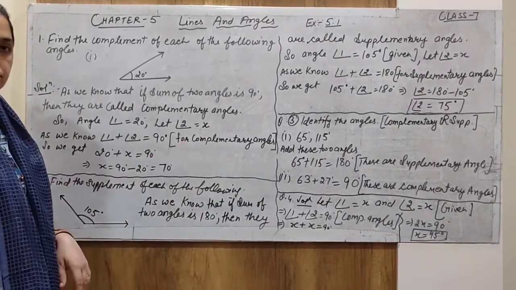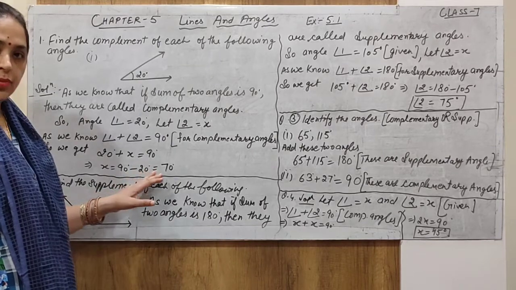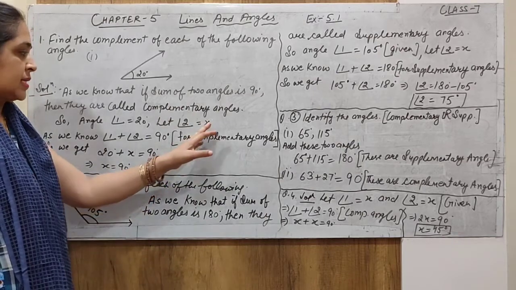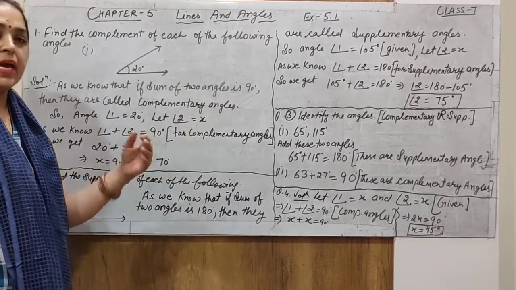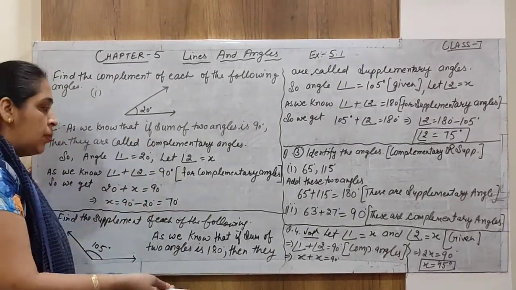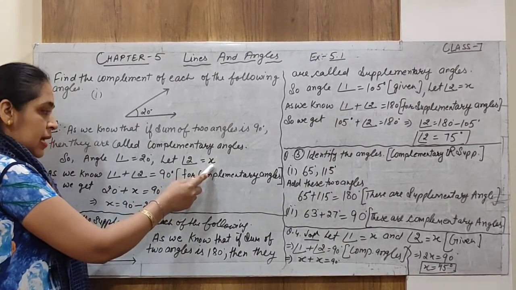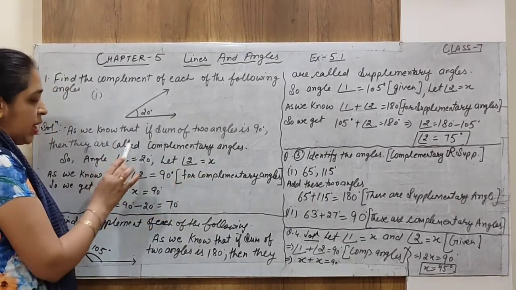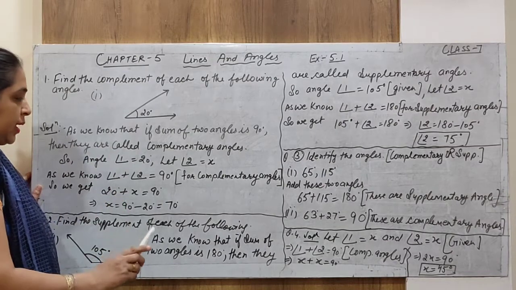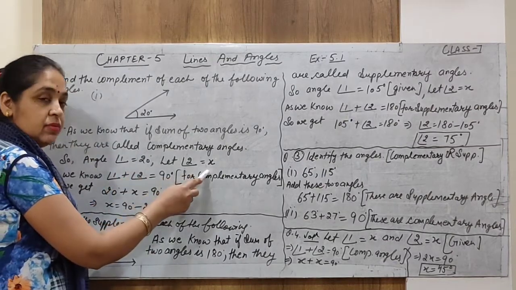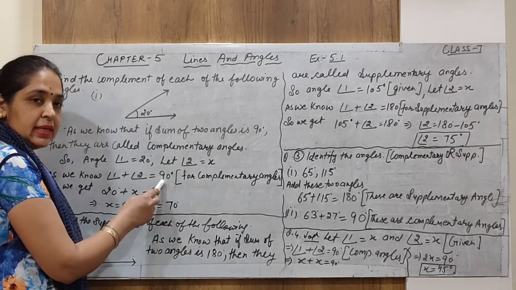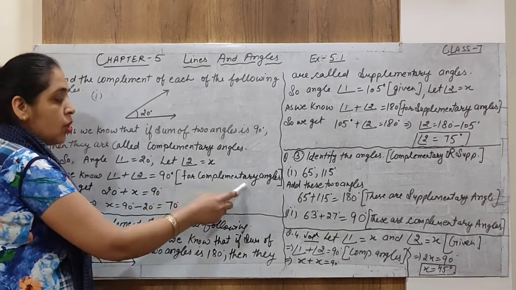Alright. So in such kinds of questions, students, we must suppose one angle as a variable, maybe x, maybe y, any variable you can select. One angle is already given and one angle you have to suppose, as we suppose here angle x. Now, if angles are complementary, we know the condition. You must write first of all the condition between the two angles. When one angle is given and the second angle we have to suppose, the addition of these two angles is equal to 90 degrees, because they are complementary angles.